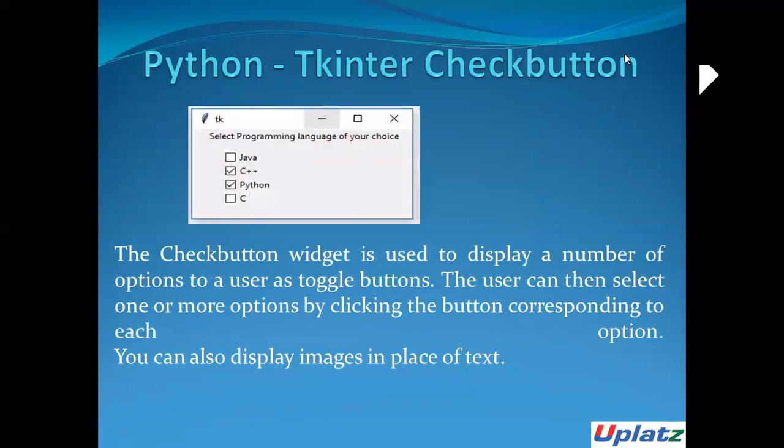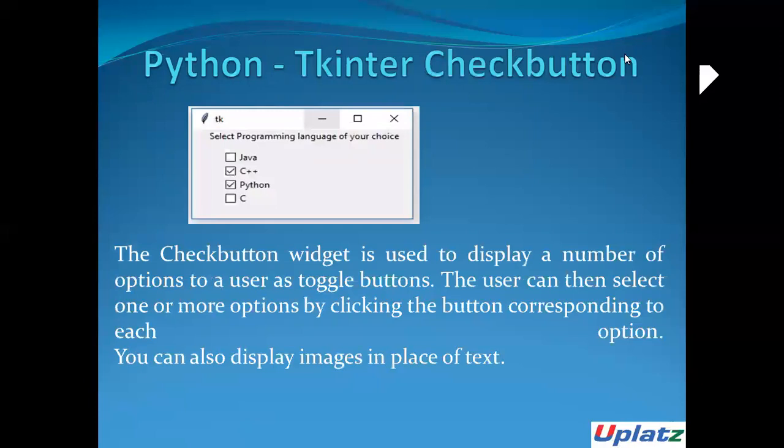The syntax for the check button: when you call the check button widget, again the same master and option values have to be passed. For the check button, the options are background, active foreground, the background color, the bitmap, the border around the indicator. The default border is 2 pixels. Then the command, a procedure to be called every time the user changes the state of the check button.